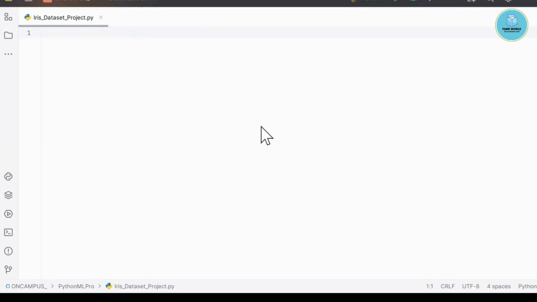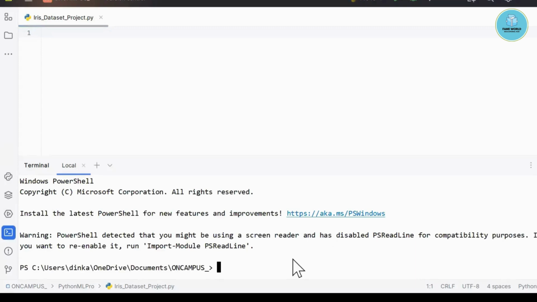First of all, when you are working with the Iris dataset project, the most important thing you have to understand is sklearn. Sklearn is simply scikit-learn. I have talked about it earlier. Firstly, sklearn should be installed in your system. To install it, go to the terminal and write pip install sklearn.